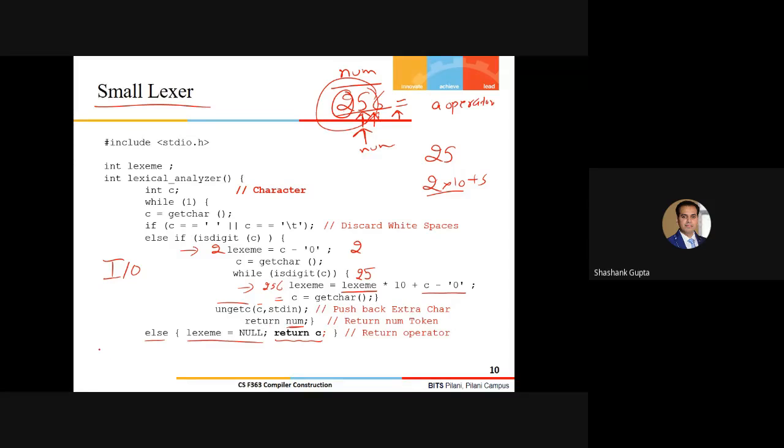So I said that if you are using some lexeme, that 256, I have to tokenize it. And for tokenization, I must say what my token name is. So I'm saying this is a number. In short, I'm writing it as num. You can write anything, a meaningful token name.